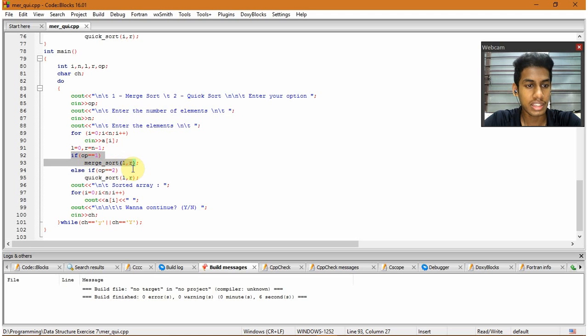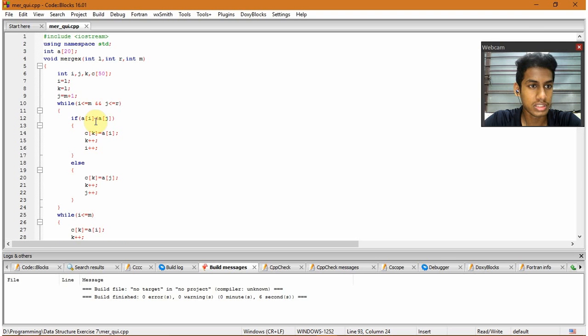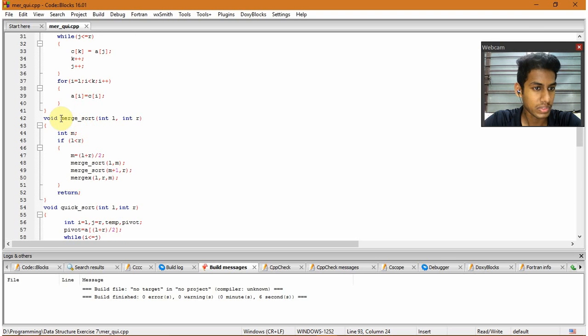After getting the elements in the array A, which is globally declared, we send in the first element, L is equal to 0, and R is equal to n minus 1, the first and the last elements, into the function merge sort. So this function merge sort is here. What this does is it takes in arguments L and R, then it checks if L is